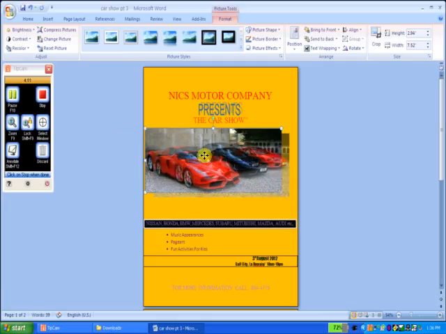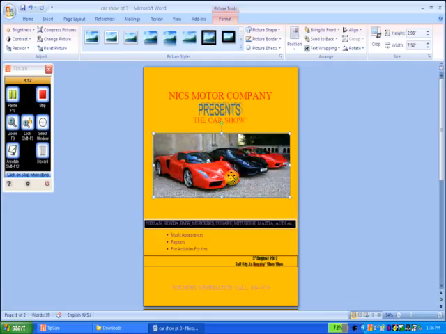So that's one thing that you can do in terms of formatting the picture, so that it allows you maximum flexibility in terms of where to place the picture. Alright,